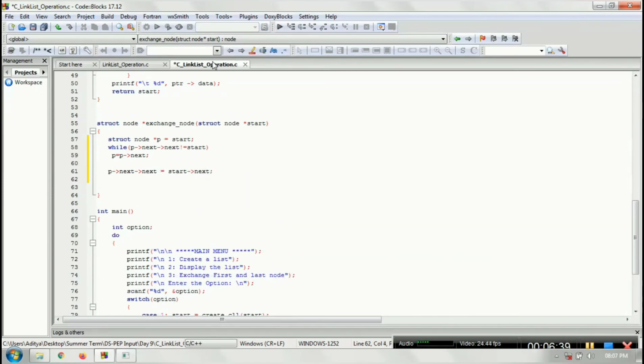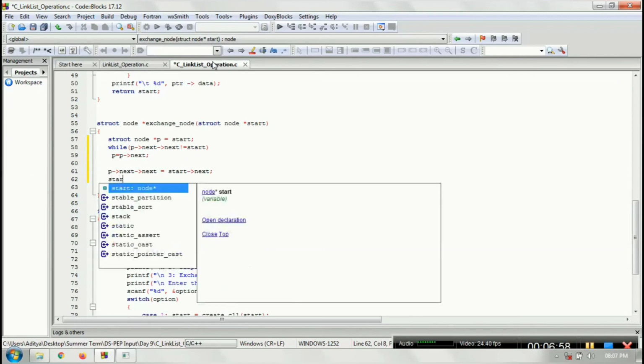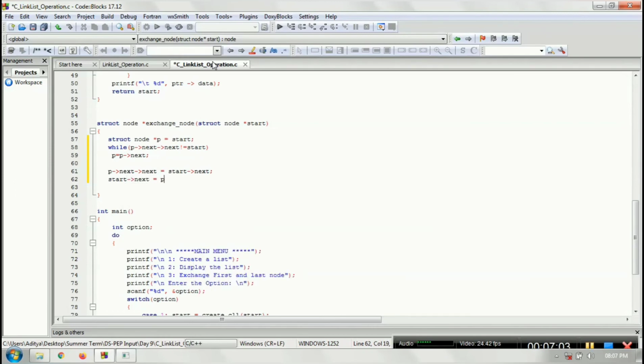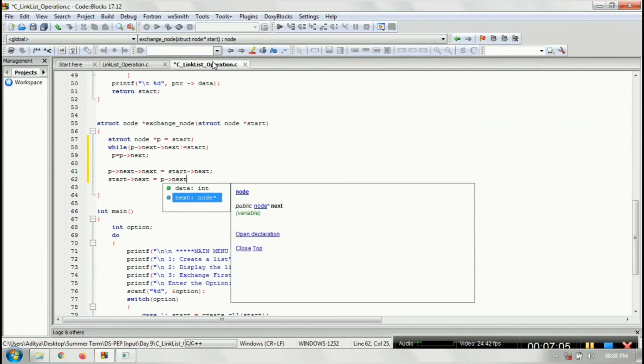Once it is done, the first node should also point to a node like P next. So we will do it this way, start next is equal to P next.